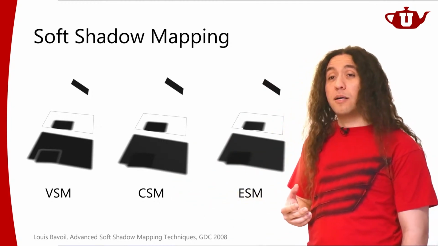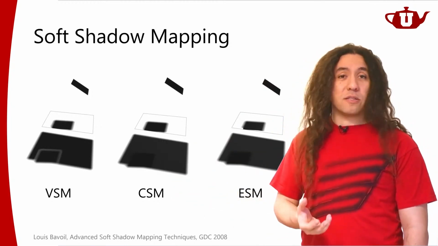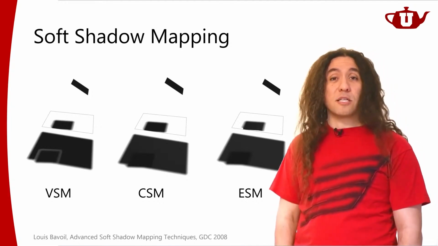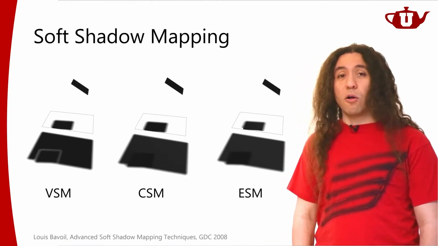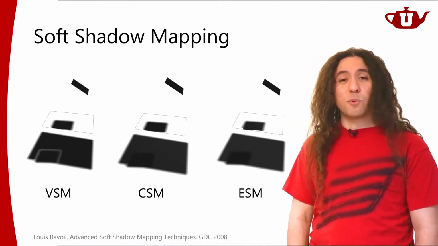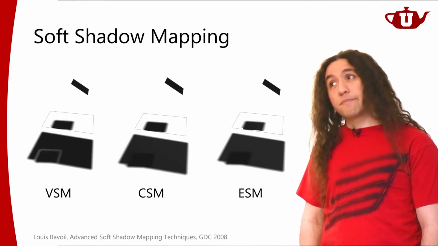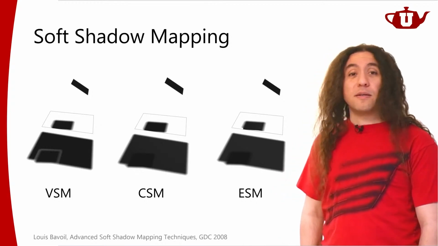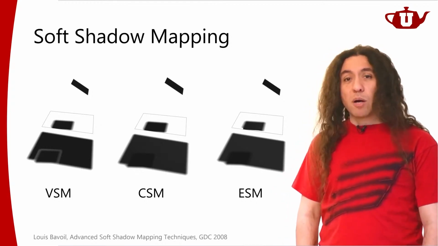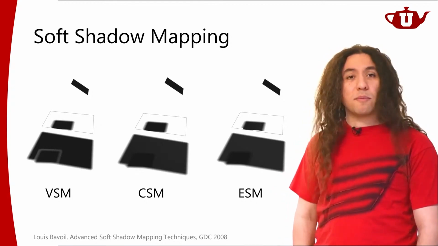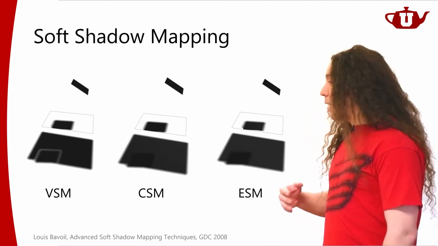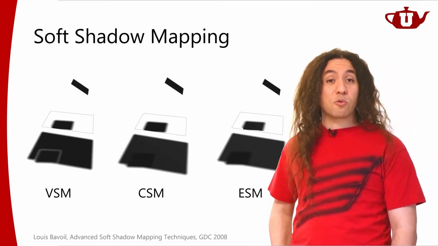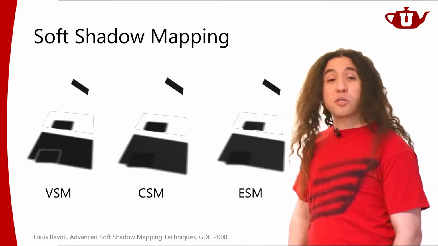But they are much more efficient than percentage closure filtering because they can do the shadow computation without having to go through all this extensive search and really expensive filtering that the percentage closure soft shadow method does. So they're going to be more efficient, but probably the results will be prone to more artifacts. These are some examples of the original methods. There are actually follow-up research works on these methods that provide some solutions to some of these problems.